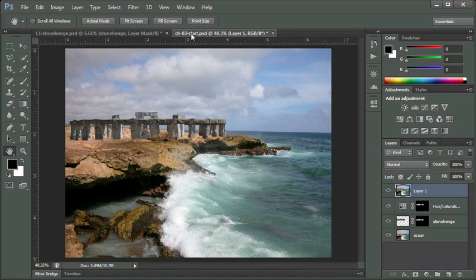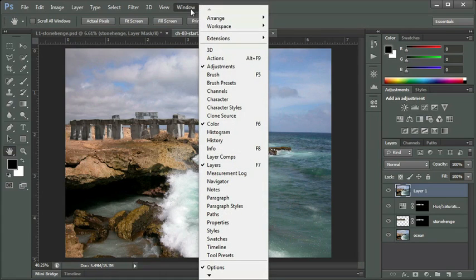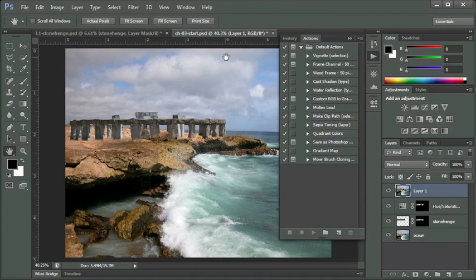On my window menu at the top, I'm going to click on that. I'm going to select Actions to open the Actions panel. The Actions panel are a variety of macros that have been created for you, and you can actually find additional ones on the internet at a variety of places, including the Adobe Exchange. These are the default actions available, and by simply having your layer selected and then clicking or selecting one of these actions, you can hit the play button here at the bottom of the panel